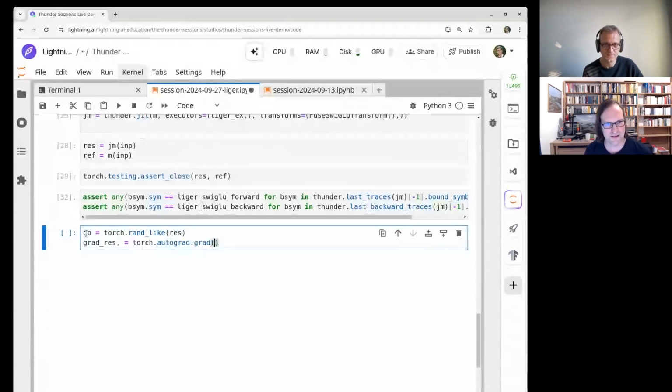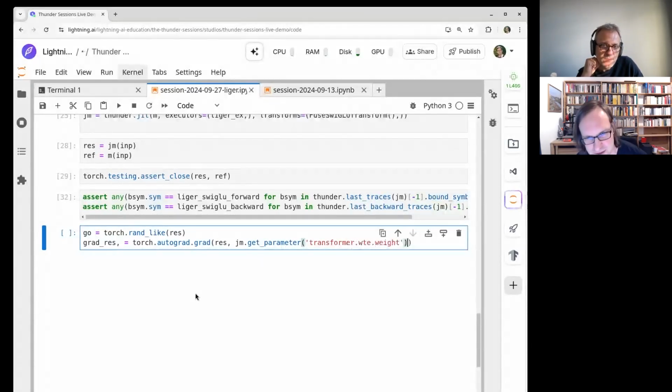And so then we can use torch autograd grad, and we want to differentiate res. Let's pick something: jm get parameter, and we could use, for example, transformer wt weight ring as a parameter.